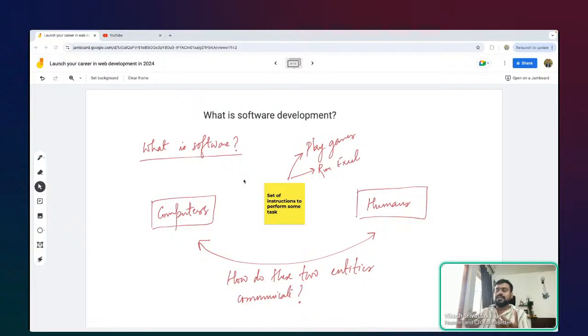But what happens under the hood, right? How are these instructions even given to my computer? So of course, as of now, we can say that software is essentially a set of instructions with which we want to perform some task, right? And the way we write this set of instructions in the software is via something called a programming language. So a programming language is a way of writing a set of instructions. You write in a particular language, and that language is designed and developed keeping in mind that it can talk to computers easily.